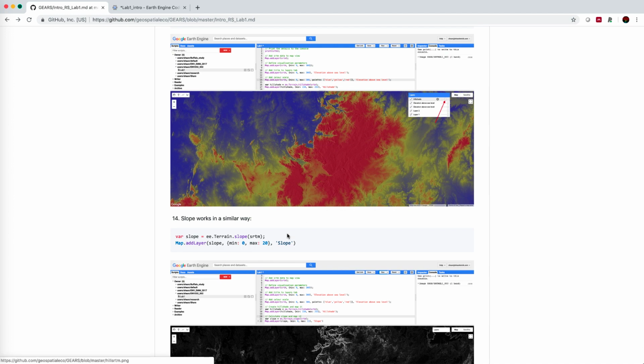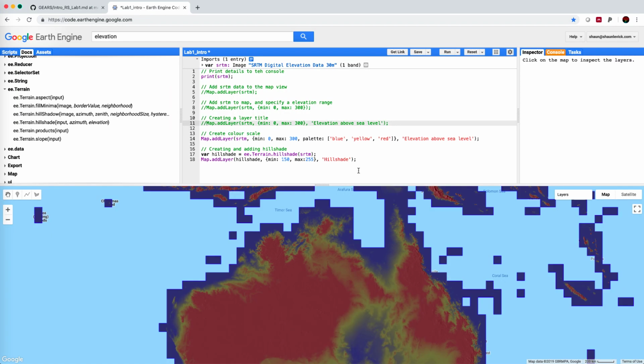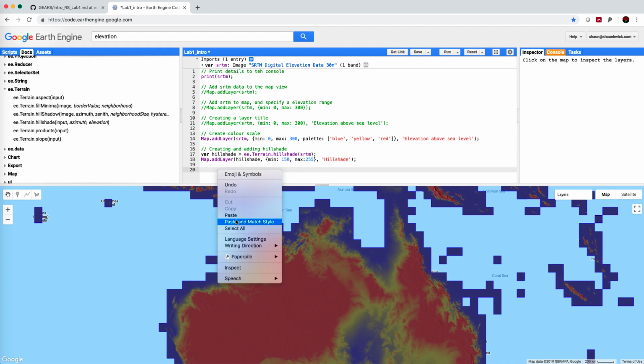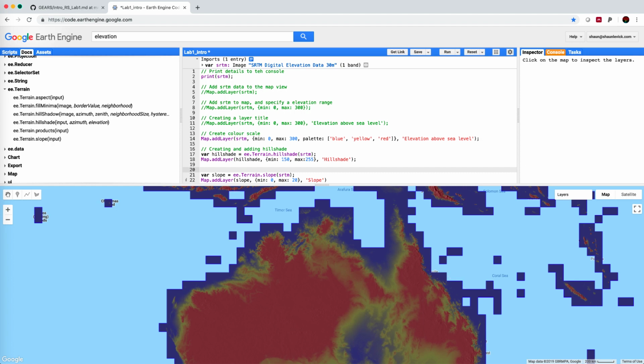Last thing I want to cover today is number 14, slope. We can do this in a very similar way. Create a new variable called slope using the Earth Engine function ee.Terrain.slope, and the input is our SRTM data. Map.addLayer slope, that's the variable we created. Define a min and a max and call the layer slope. So we'll copy that, paste it in here, make a note to ourselves. Calculate and add slope